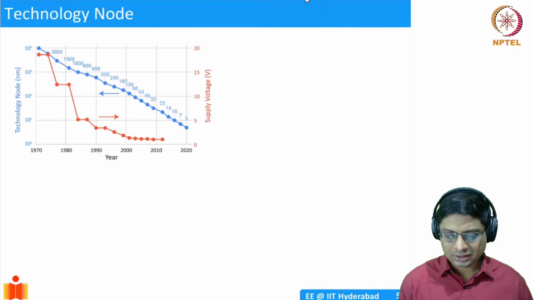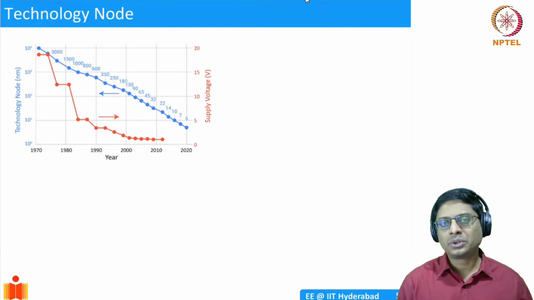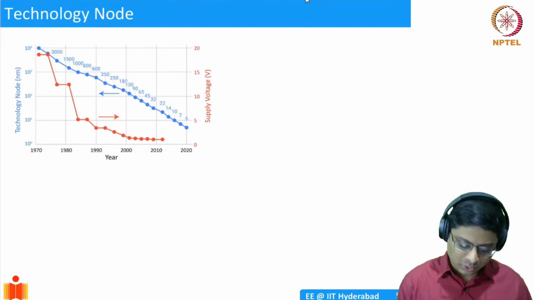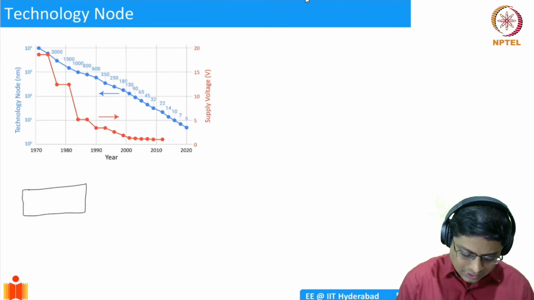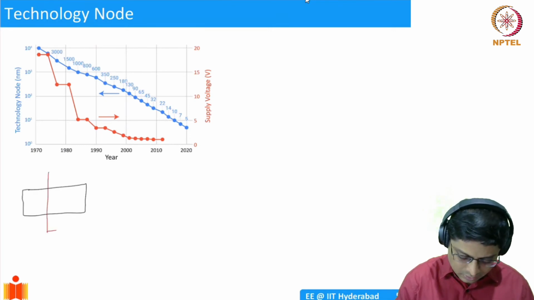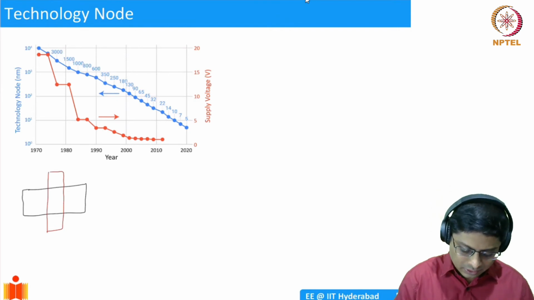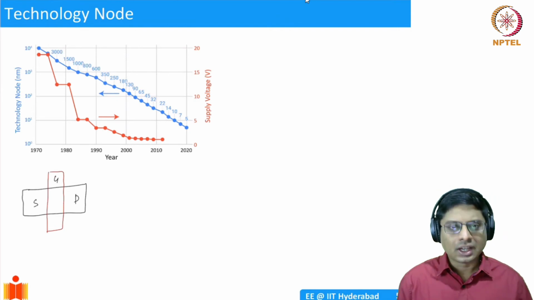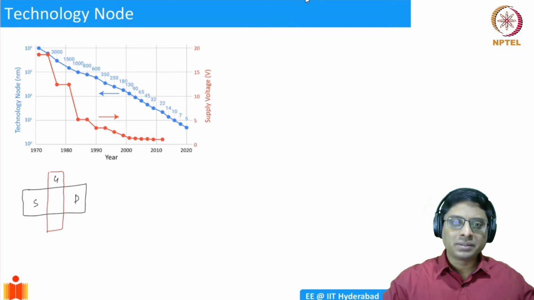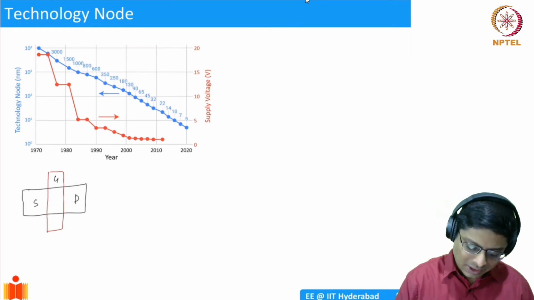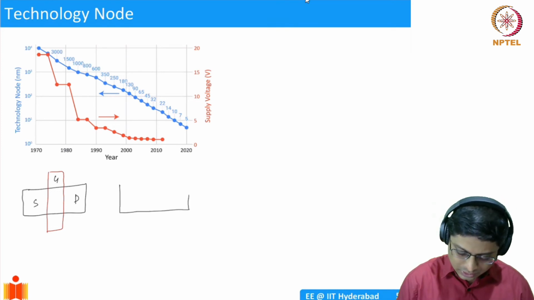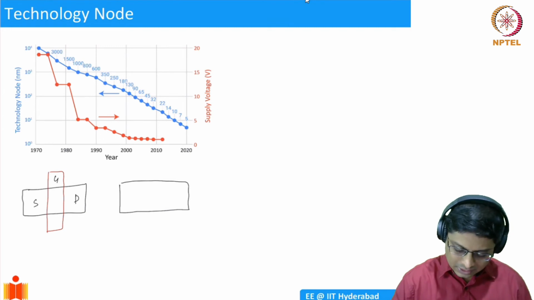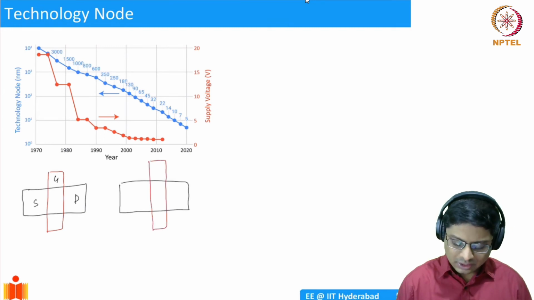So in the previous lectures, we have shown you how the MOSFET looks. We have shown you the top view, the side view of the MOSFET. So if you look at it from the top, a MOSFET will have the source drain regions separated by a gate region, right? So this is the top view we said, source, drain, and the gate. And on a chip, you can have many such MOSFETs. So for example, I can have another MOSFET, which will be adjacent to that. So let's say it has the same width and some gate length. Okay, this is another MOSFET.